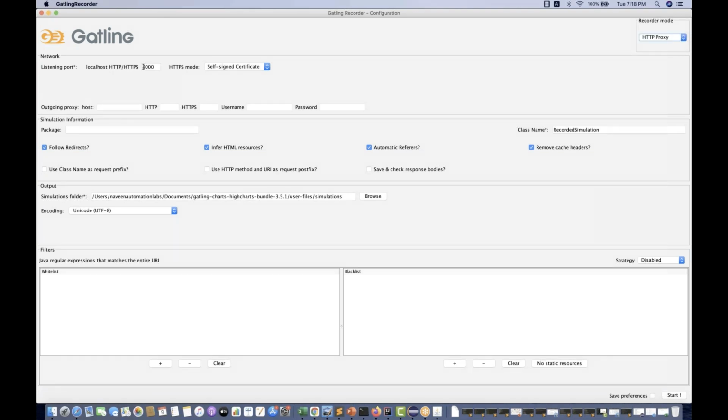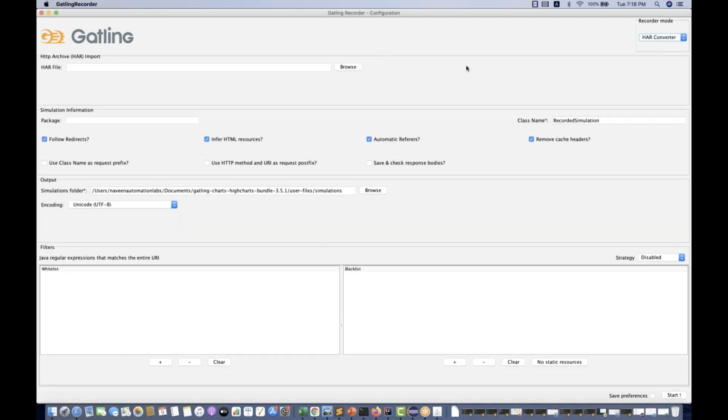You can maintain your proxy like 8080 or something like this. Whenever you are recording something from your browser, it will be recorded just like we do in JMeter. But we have an extra feature available called HAR converter. I would prefer this option, HAR converter, to generate the Scala script directly from here. So simply select HAR converter from here, and it's saying give me your HAR file. HAR is your HTTP archive file that we have to get. We can get it from Firefox, and from Chrome as well.